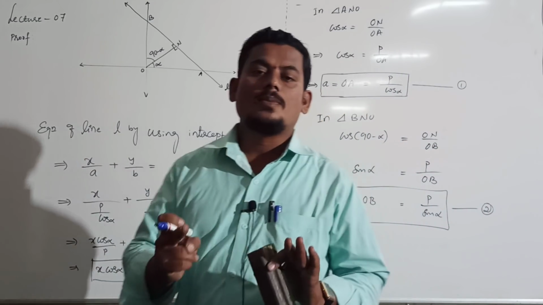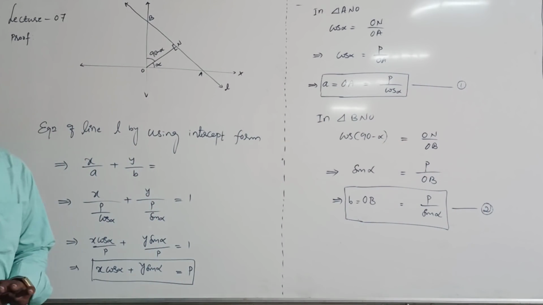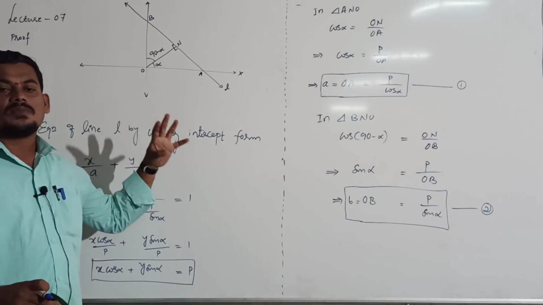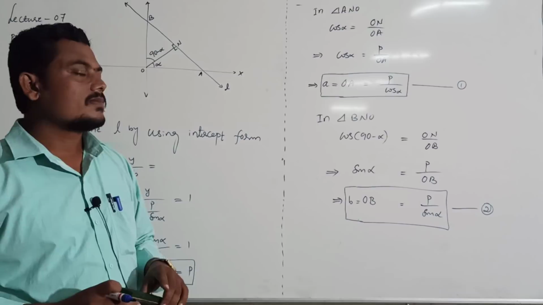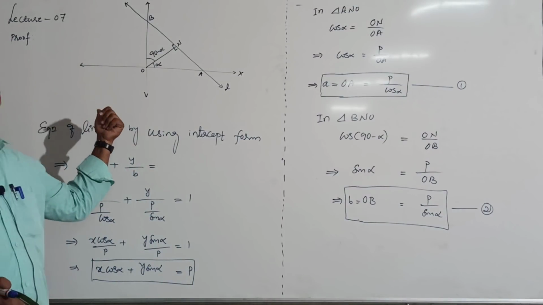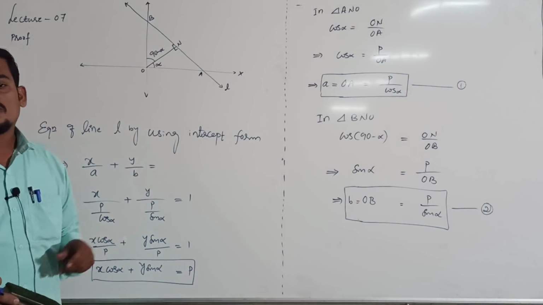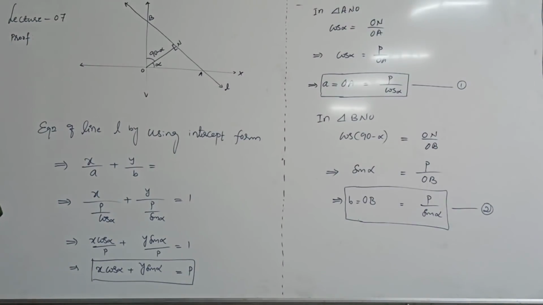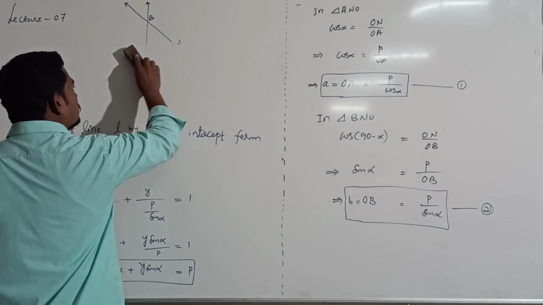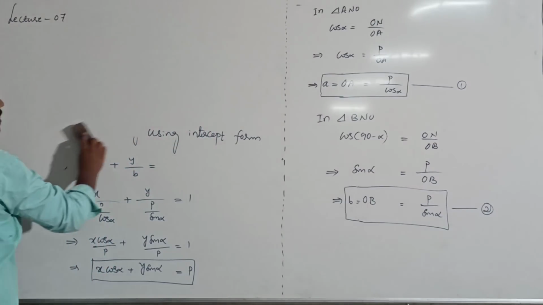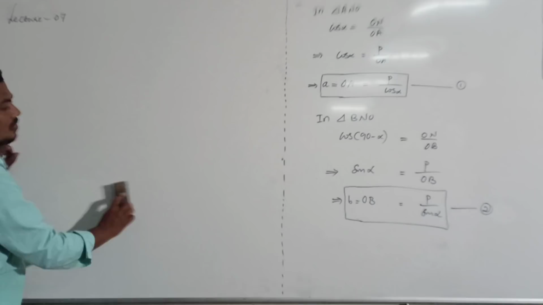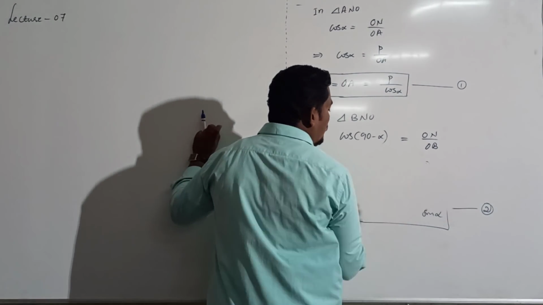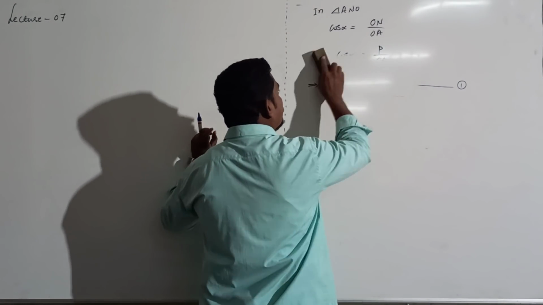This is equation of the straight line in normal form, and it is very important for 5 mark, right? Derive the equation of the straight line in normal form. Many times this question appeared in annual examination, right? This is very important one. After these 5 forms, we will discuss problems based on these proofs, right?